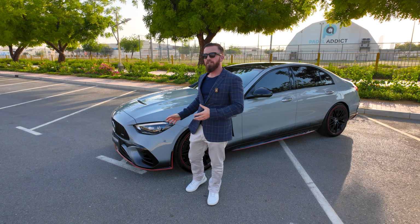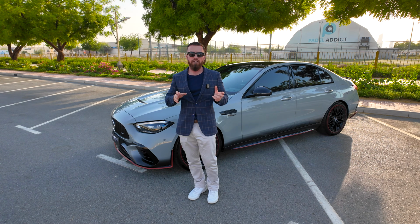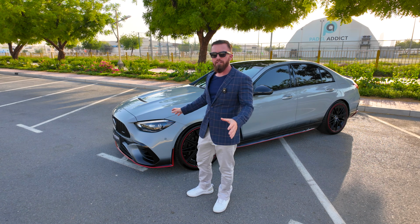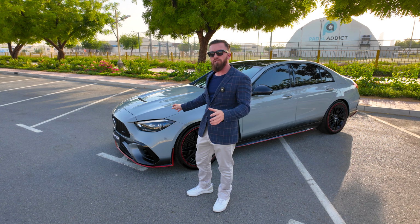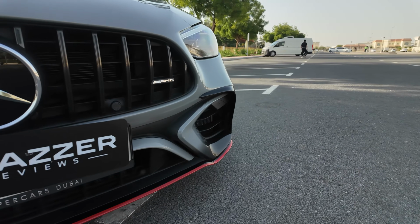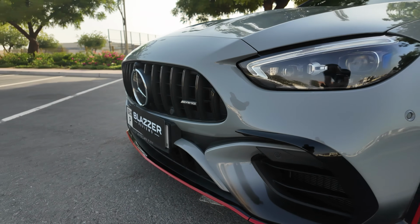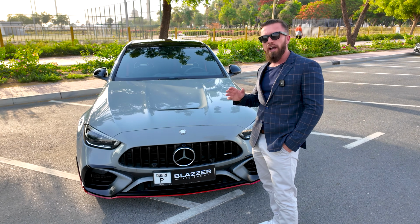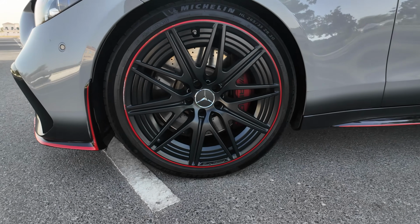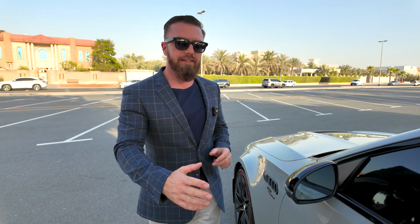The AMG, although it doesn't have the V8 engine and it's gone all electric and a bit soft, it still looks aggressive. It's wide, it's fat, it still looks like an AMG. With the iconic Mercedes AMG grille, got the AMG badge, a beautiful bottom lip, it still looks fat, it still looks mean, like an AMG should. With 20-inch rims, massive cross-drilled brakes, AMG doesn't spare when it comes to performance. Blacked out lips,